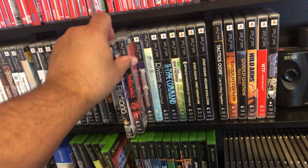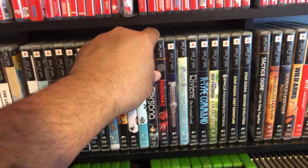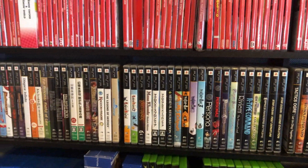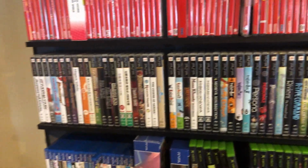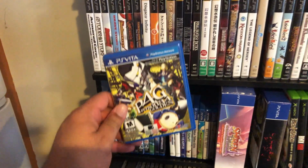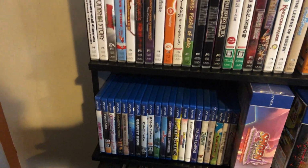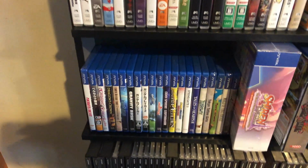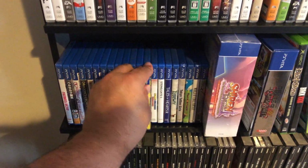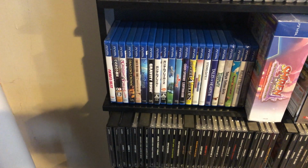Wish I had all the extras that go along with these, but these games get super expensive now. Actually, a lot of PSP RPGs get super expensive. I've been on the lookout for the Trails in the Sky game, the other Legend of Heroes games, and they're just kind of ridiculous. As is this Vita game here, Persona 4 Golden. This one's gone up a lot, probably since GameStop no longer has one on their shelf at all times, which I felt like was constant. You can get this at GameStop for like $22. Any GameStop. And now that GameStops are mostly, well, they're not closed. I guess they're open back up right now, but